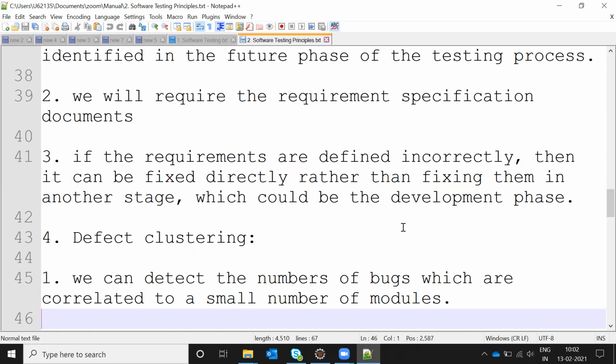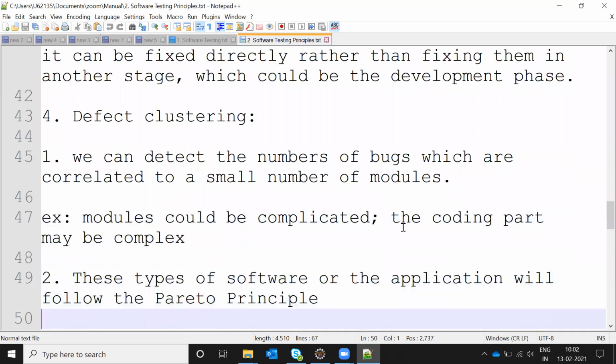Then the developer won't make the mistake, and we won't find it at the testing stage. It will reduce the effort of the developer as well as the tester, and the cost of the defect will also reduce, and defects will reduce.